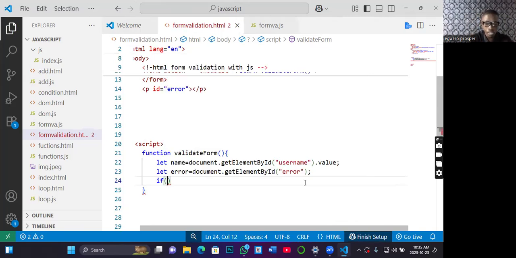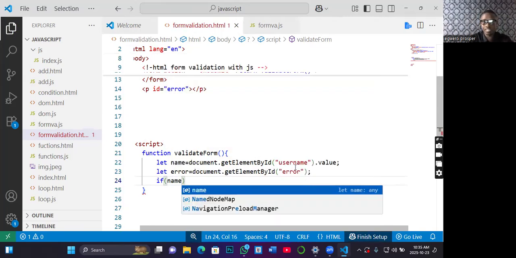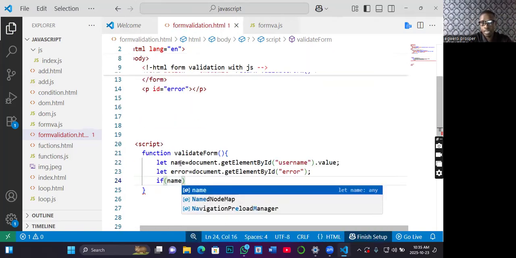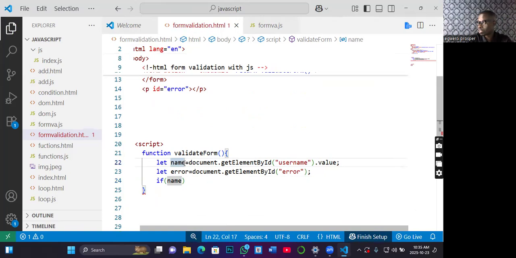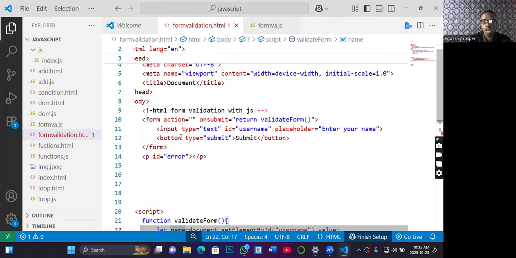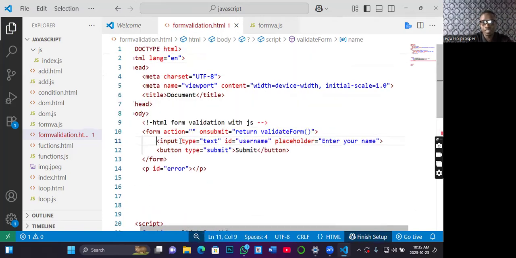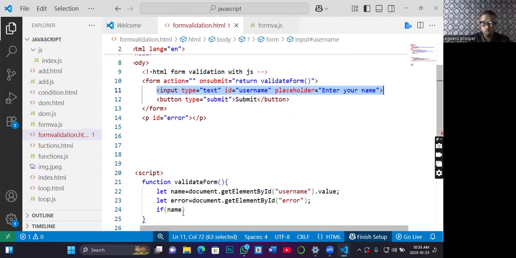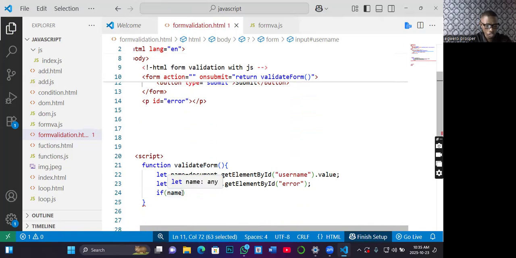What are you comparing? Name, knowing that you have captured the user input in name here. So this name means you are indirectly talking about this input. Because you first captured it and stored it in name. Good. So now if name